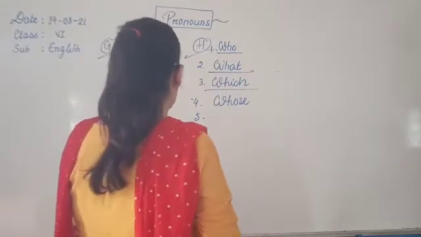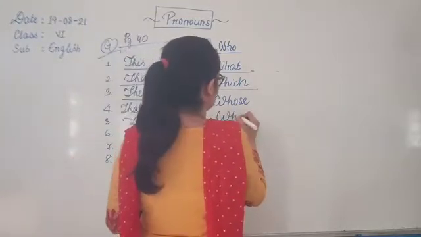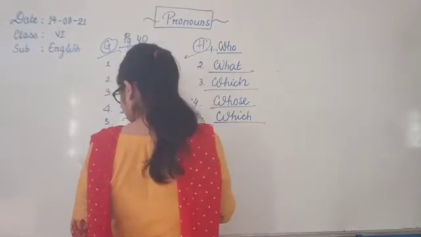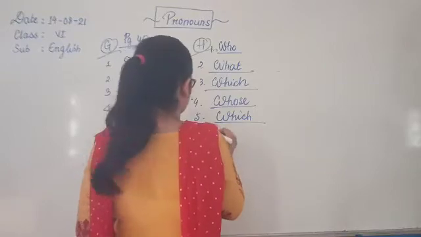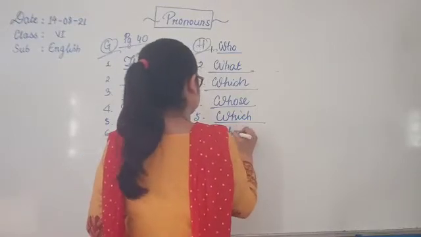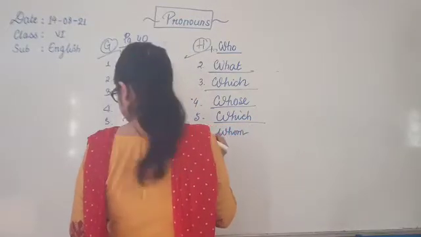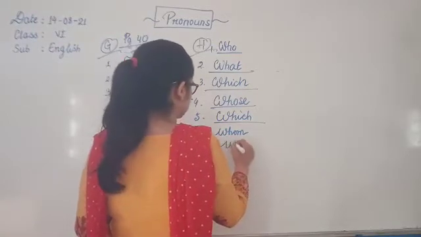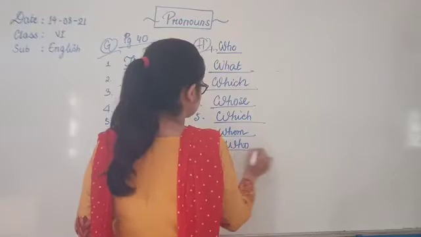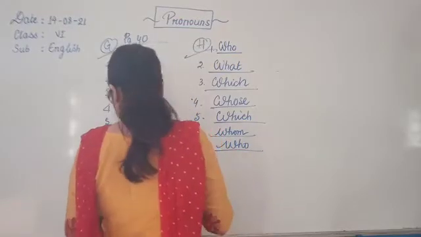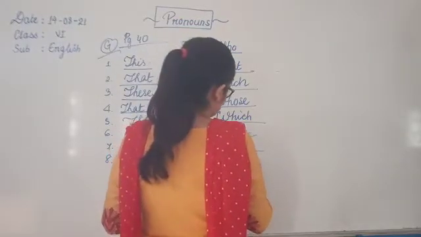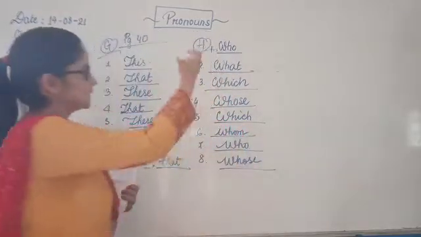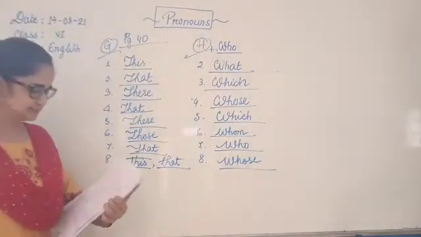Number 5. Dash is the shortest route. Which is the shortest route? I am asking for options, choices. Number 6. With dash are you going to the market? With whom are you going to the market? Number 7. Dash are the top ranking students. Who are the top ranking? I am asking about students, they are humans, they are persons. Number 8. Dash pencil is this. Whose pencil is this? Yes, children, so we are done with H exercise as well.